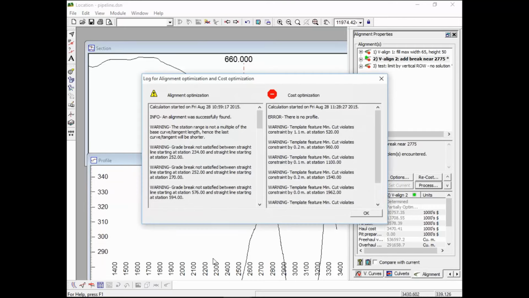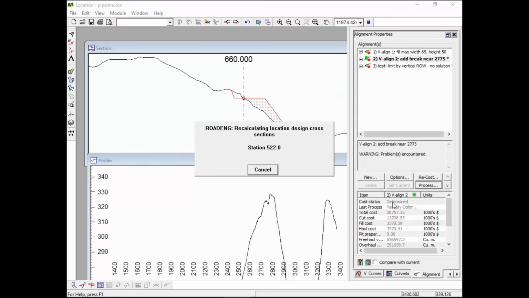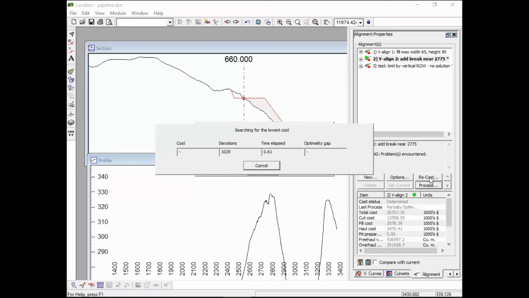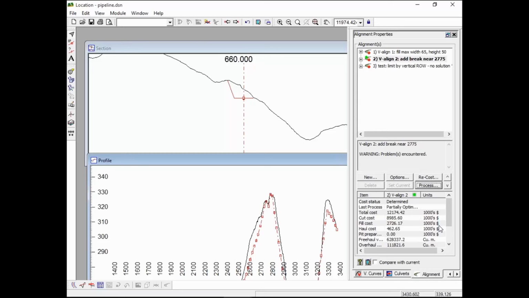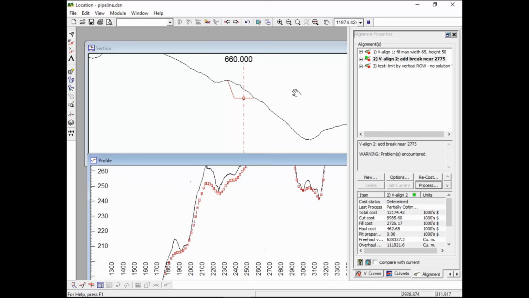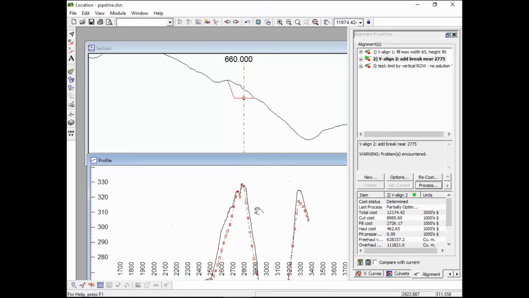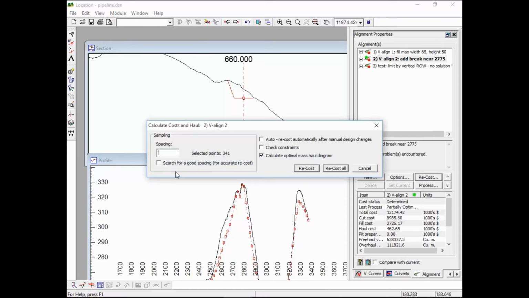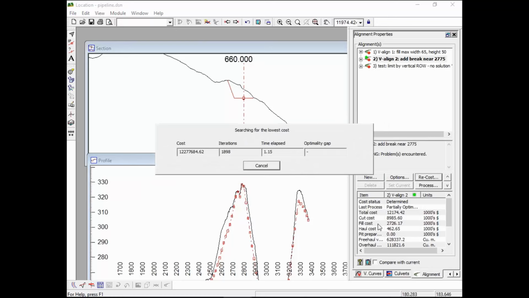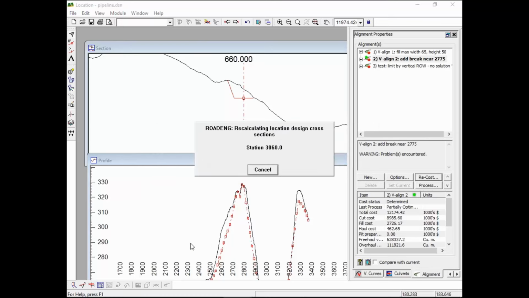Notice there's no alignment on there yet. By the way, there's a glitch in here. The cost optimization is not working, but it will work if I just rerun it. So I'll just do that quickly. By the way, I'm not running the release version here. I'm actually running a test version of the software for the release that's coming. The one on the web is missing a few of the features that are being tested right now. Yeah, so if I just do a quick recost, it will work,